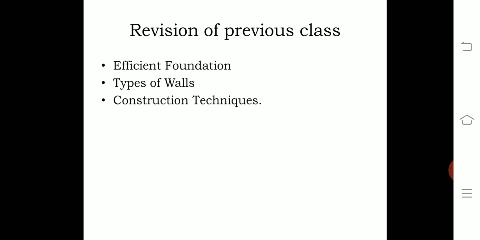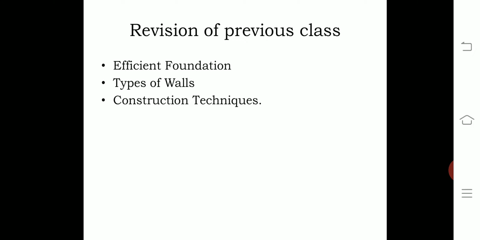Instead, we can go with soil cement as a mortar or soil lime cement as a mortar, which can prove to be a cost effective alternative. Apart from that, we discussed types of walls. That is the simplest subdivision, considering walls as load bearing and non load bearing. In load bearing construction, the weight of the floors and the walls of upper stories is carried by walls and transferred eventually to the foundation. In non-load bearing construction, the weight of the floors and upper story walls is carried by columns and later transferred to the soil through footings. These were some of the types of walls we studied.